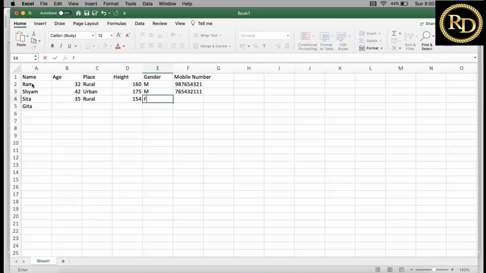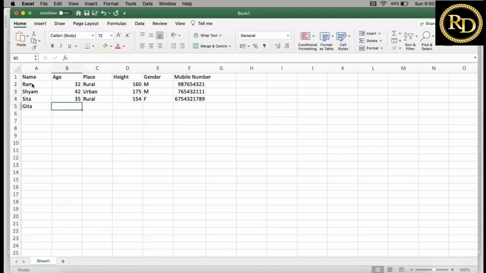She is female. Anything I am just entering. Then Geeta is 41, urban, 160 centimeters, female, and this is her mobile number. This list can be a bit bigger, but this is how this data set is there on an Excel sheet.